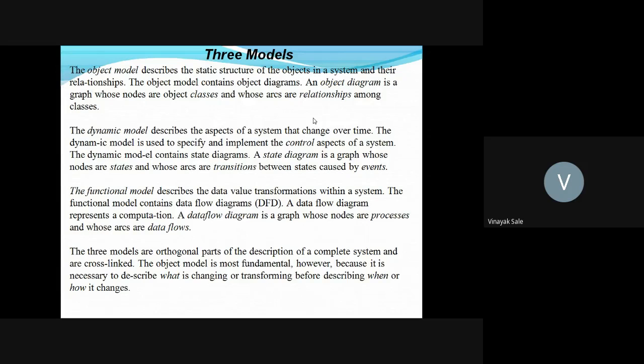The dynamic model describes the aspects of a system that change over time. The dynamic model is used to specify and implement the control aspects of a system. The dynamic model contains state diagrams. The state diagram is a graph whose nodes are states and whose arcs are transitions between states caused by the